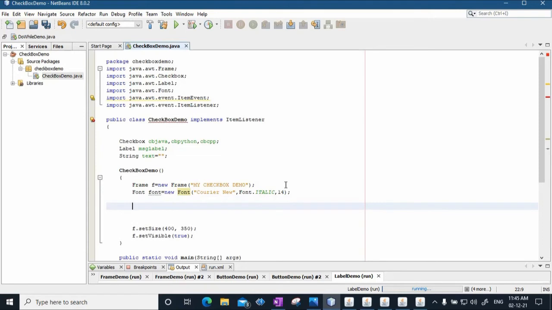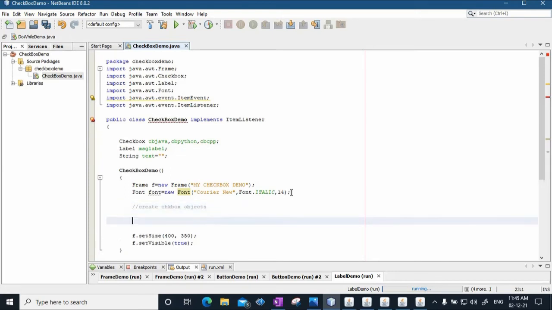Now you have to create objects of checkboxes. The first object is cbJava.